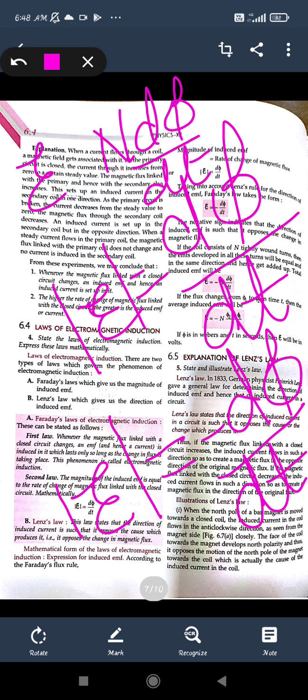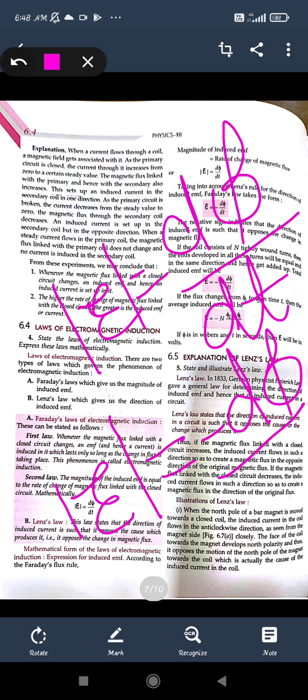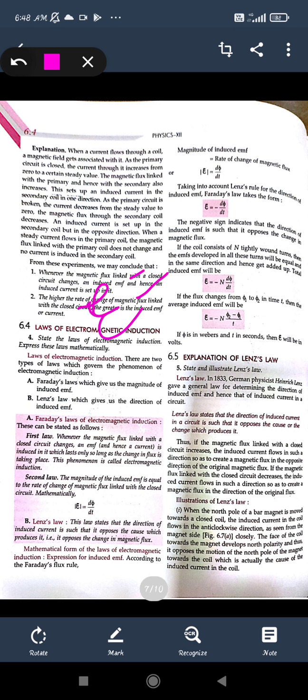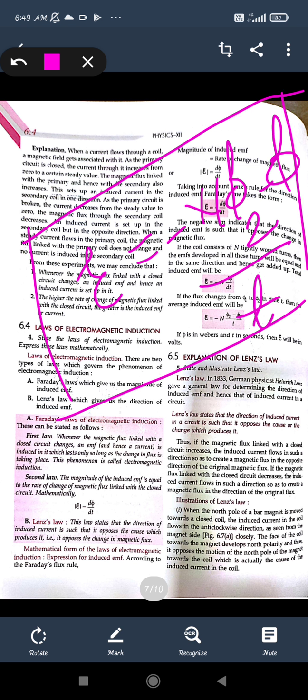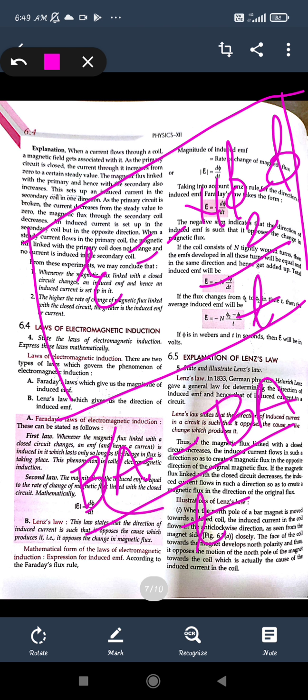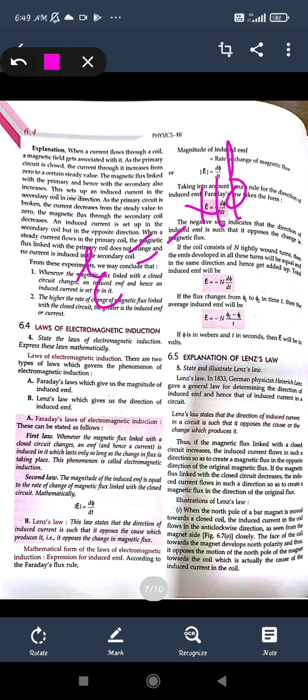And if we talk about the change in the flux lines, that is phi 2 minus phi 1, it can also be taken for this d phi by dt. So epsilon can be given as minus n times phi 2 minus phi 1 upon t, which is d phi by dt. So this is the formula for the induced EMF. From there, if we take phi as BA, then it will be B times A2 minus A1 upon t also. So A will be A2 and A1, but B will be the same, because the magnetic field will be the same, but the magnetic flux will change. Okay, so this can be given for the induced EMF.